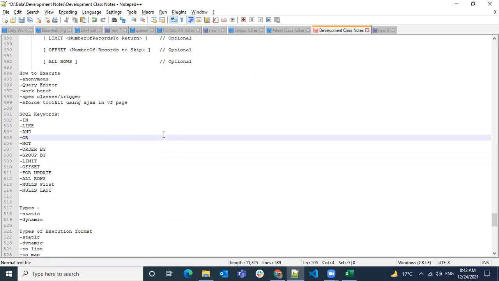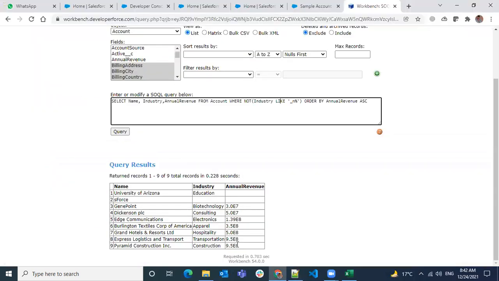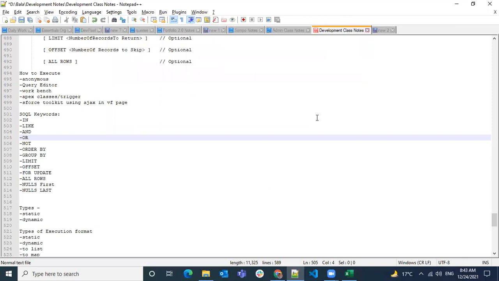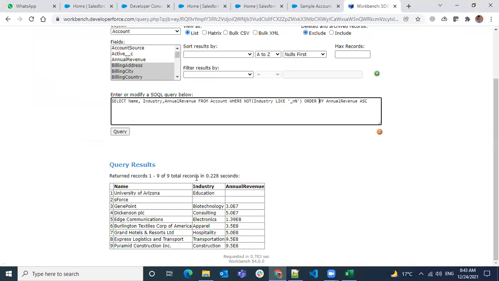In the annual revenue descending order, there are some values that are not in order, 3, 5, 1. No, it's not a 3 actually. If you see, this is showing in the exponential format. So it is multiplied by 7 zeros. E7 means multiplied by 7 zeros. If it is E8, it means multiplied by 8 zeros. That's why it's being displayed like that. So it is in the correct order only. Okay. Yeah, limit and offset.